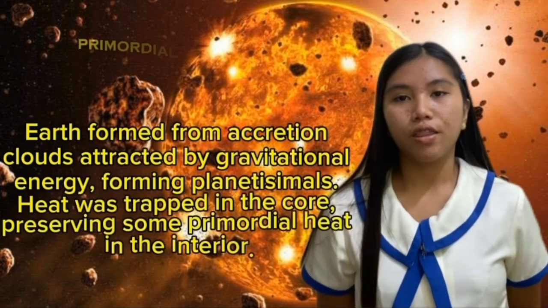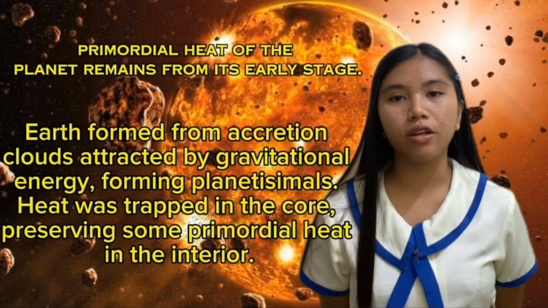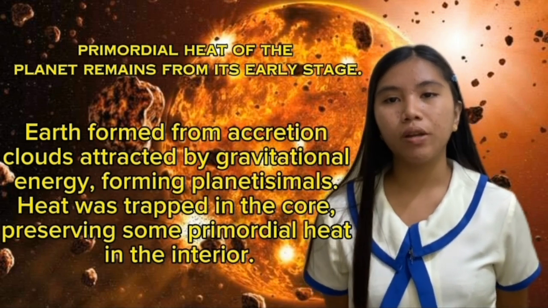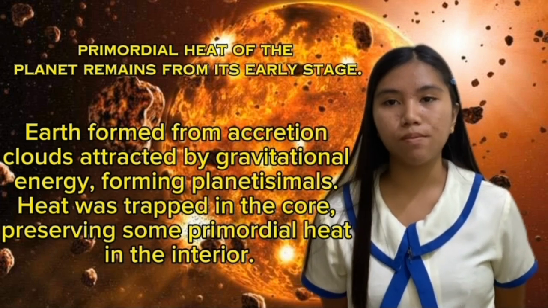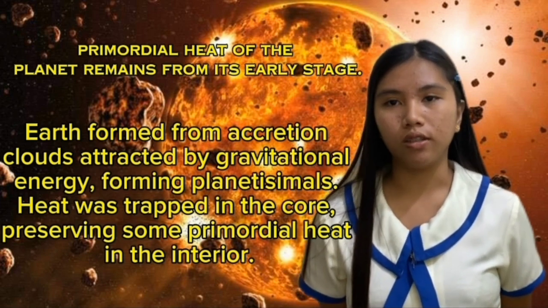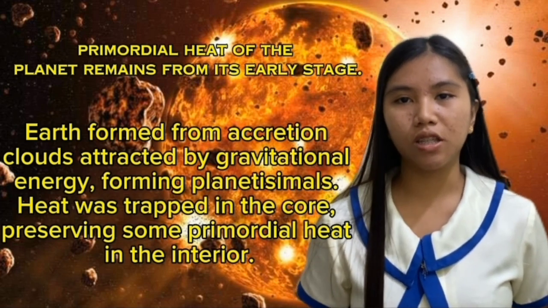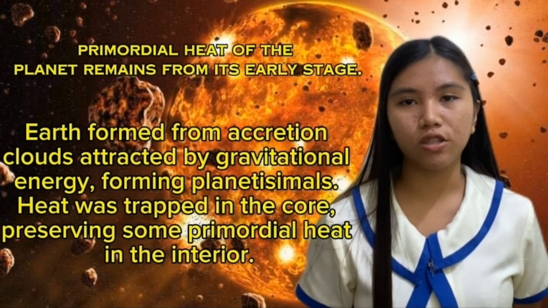This internal heat comes from the following sources. The Earth was formed from the process of accretion. Clouds were attracted by gravitational energy. When these masses compacted, they formed planetesimals. In the process, due to the collision of these masses, heat was generated. This process formed the earliest stage of planet Earth, which is molten in state and heat is trapped in the